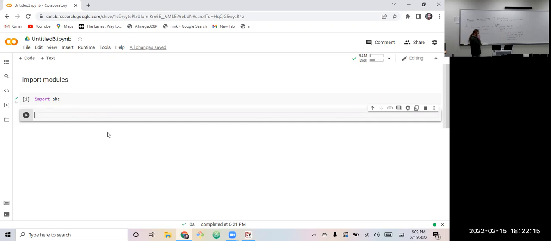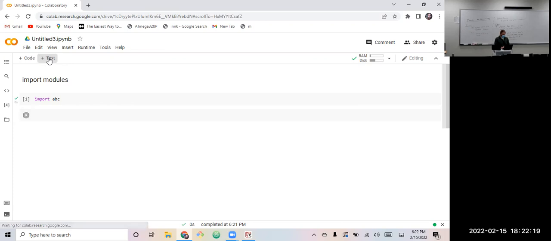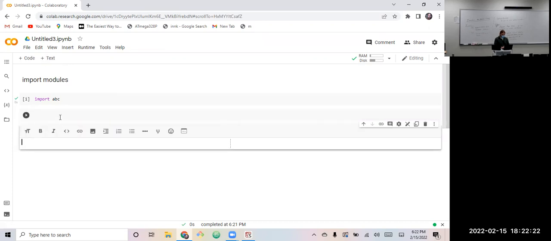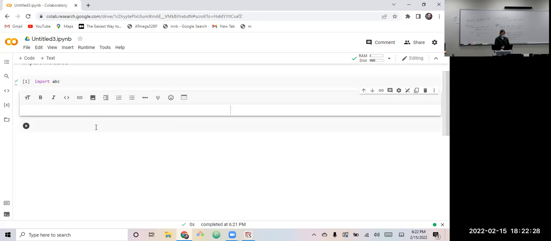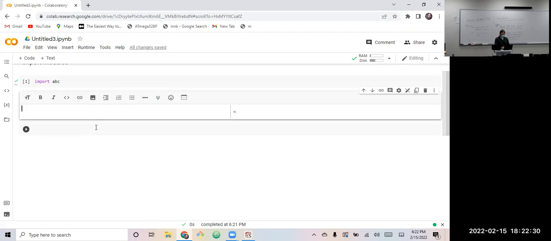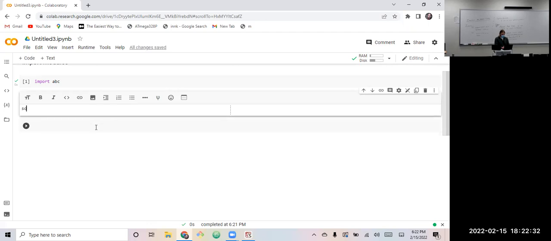So what I have in mind is some shapes. So I'll make another text cell. Whoops. Put this down. Oh, there we go. I'll make another text cell to mark this up. Some shape classes.